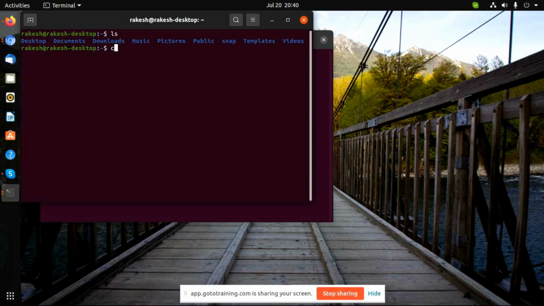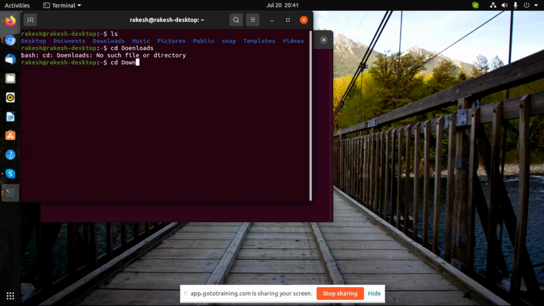So guys, whoever is using a MacBook or Linux in your laptop, you have to follow this way. Type cd, space, Downloads.